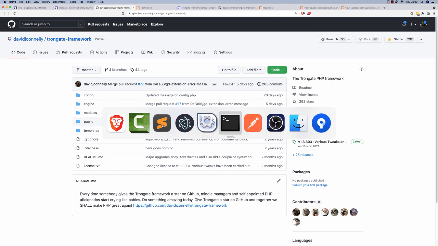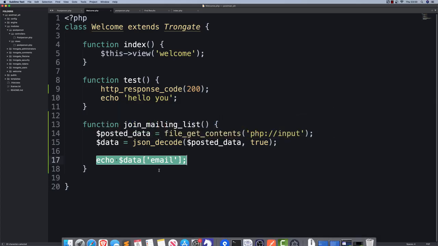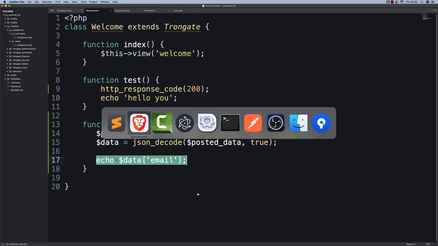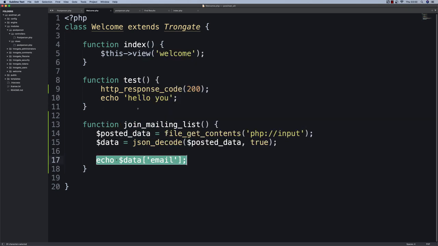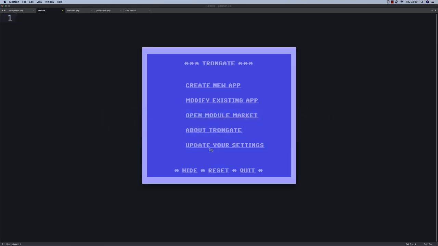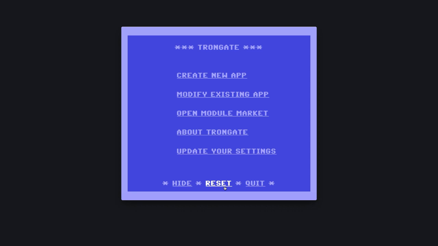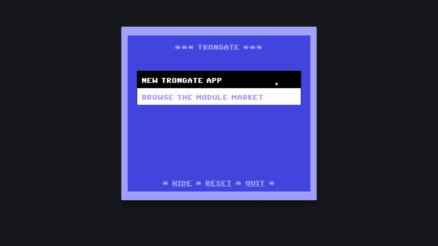Now, by the way, for some of you users, like Mac users, you might end up with a little icon like this. I'm using a sort of prototype one here that I'm just mucking about with, and basically when you open it up, it's going to look something like this. Okay, this is what you get, right? So with the Trongate desktop app, I'm going to ask you to click create new app, and we're going to choose new Trongate app,